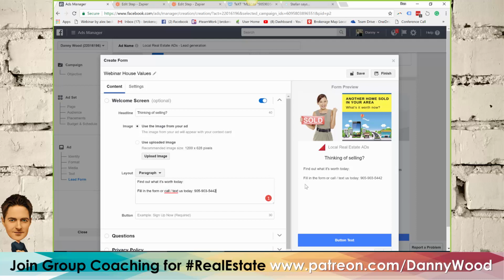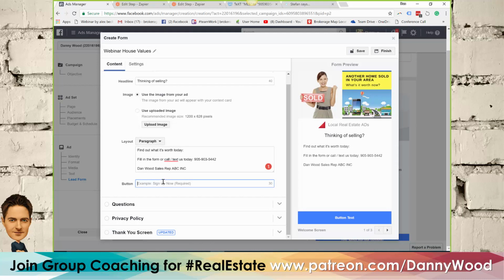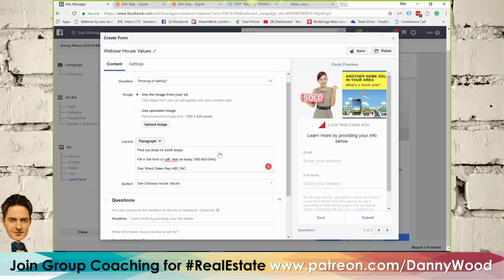Okay. So this layout, less is more. You might need your real estate information like Dan Wood. Whatever you have to have by law, you'll obviously want to have that in there as well. But I wouldn't put paragraphs because people don't like reading a lot of text, okay? The button is going to say house values. I would say Oshawa. See Oshawa house values. Nice. Okay, questions will be